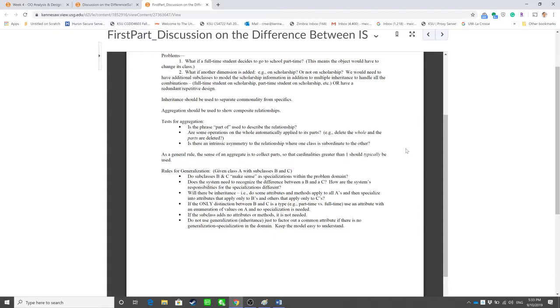Okay. And also here are some rules for the generalization. Given that class A has subclasses B and C, class A is the superclass, and B and C are the subclasses. Do subclasses B and C make sense as specializations within the problem domain? This is important here, within the problem domain, because sometimes B and C make sense as subclasses of A in one domain, but in another domain, maybe in the school domain,